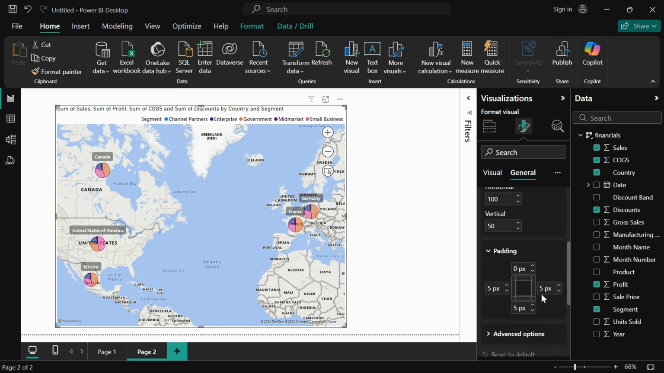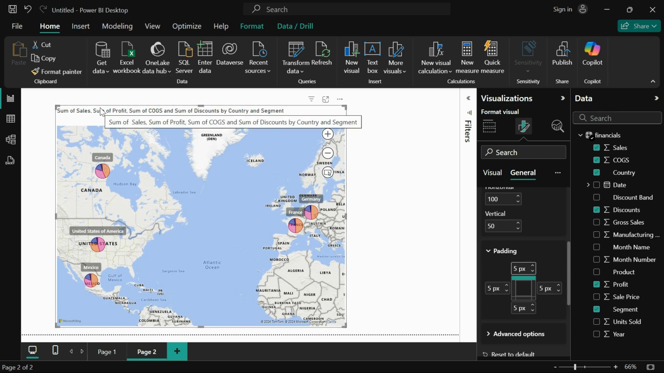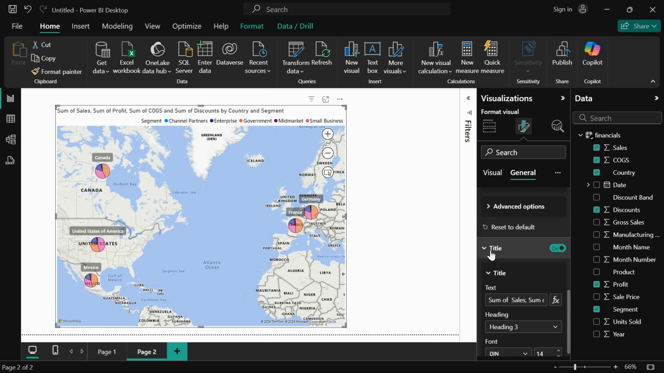If I set the padding, padding means the space between the border and the other area of the chart. Let's say here I am keeping 5, then it will leave 5 pixel from the top and just text. You can change the padding from top, right, bottom, or left, right? If I go to title here, you can change the title of this graph or this map. Let's say I am removing some from here,